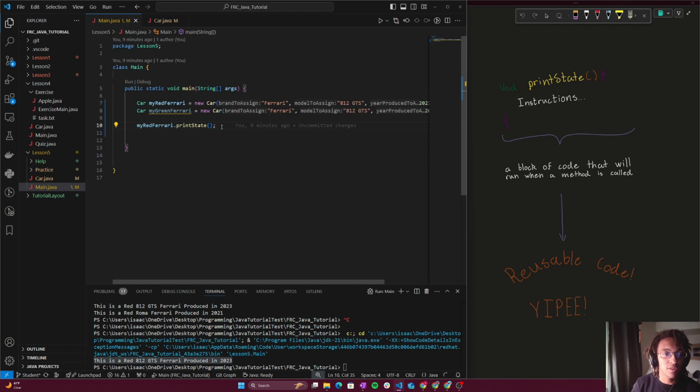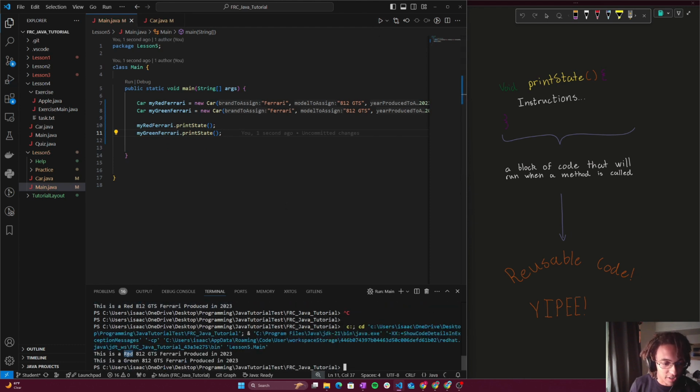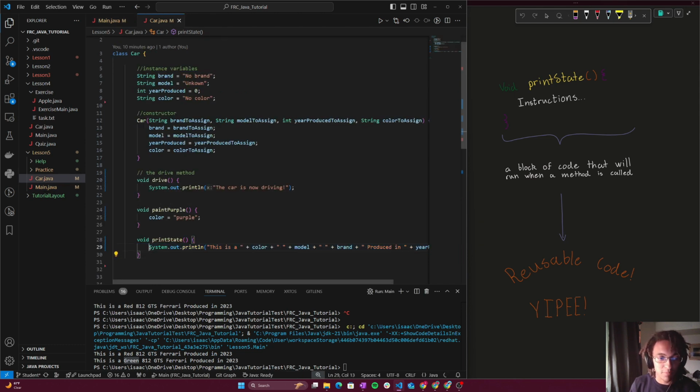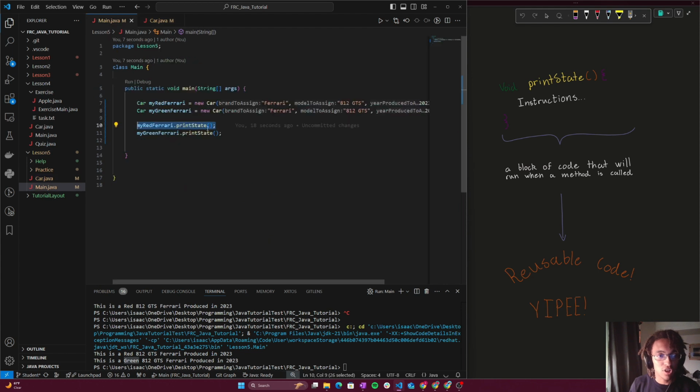And I'll close the main.java file here from lesson 4 so we don't get confused. But if we go down here and I go my green Ferrari.printState and I run it, well, now we get the red car, or the red 812 GTS, and the green 812 GTS. And we've simplified that entire process down to, instead of having that massive, nasty print statement there, we write out that nasty print statement here once, and then we just call this much simpler method every time we want to perform this action. And it introduces this wonderful idea of reusable code,